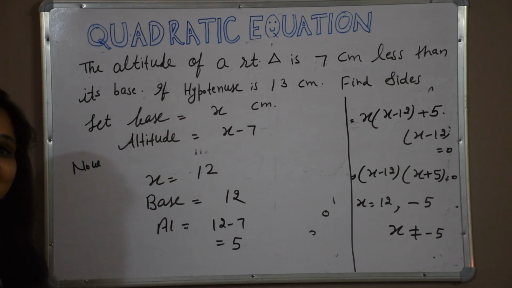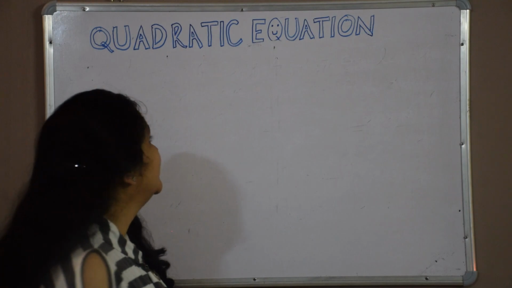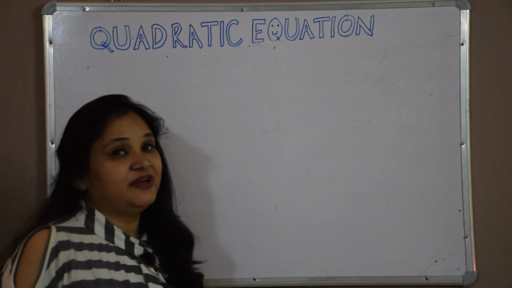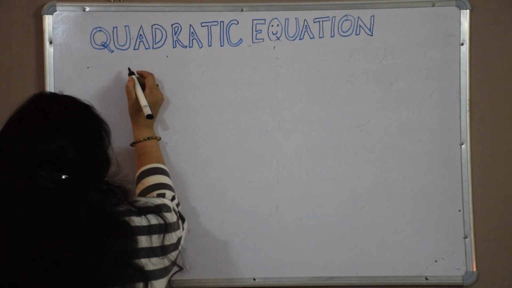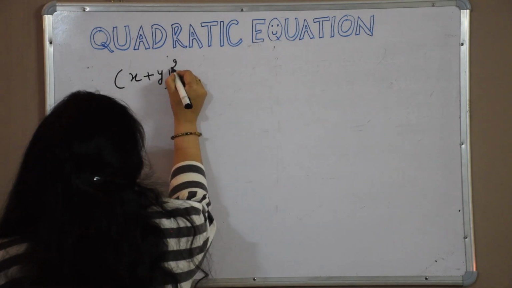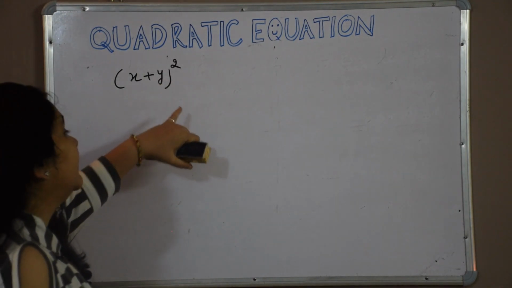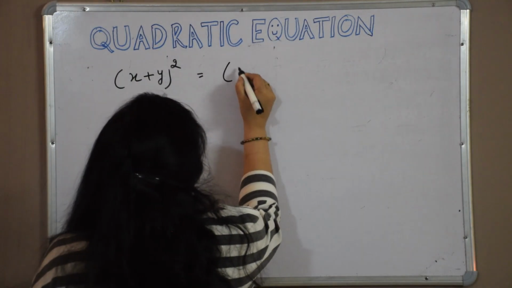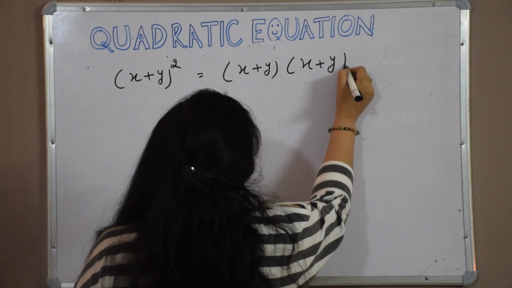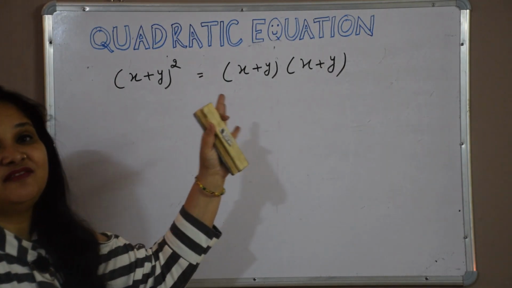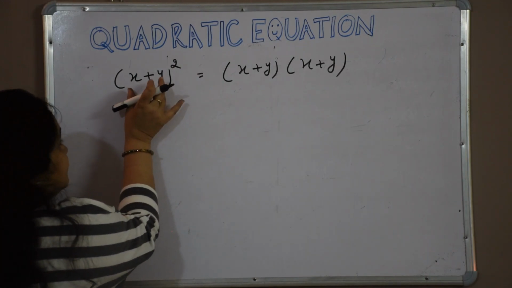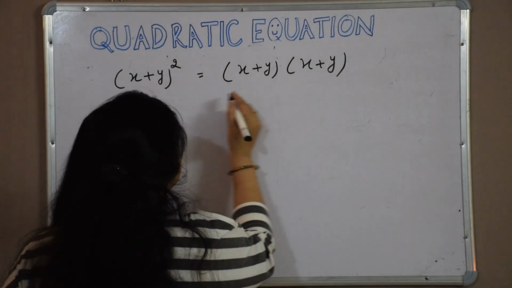It was already given. Before coming to our next topic, we are going to recall some formulas, and these formulas are very helpful. So first of all, x plus y whole square. We should know what is x plus y whole square. See, we can write it like x plus y into x plus y because power is 2. So we can write anything 2 times. Suppose we are having a square, so we can write it like a into a. Similarly, our a here is a single term and x plus y into x plus y.